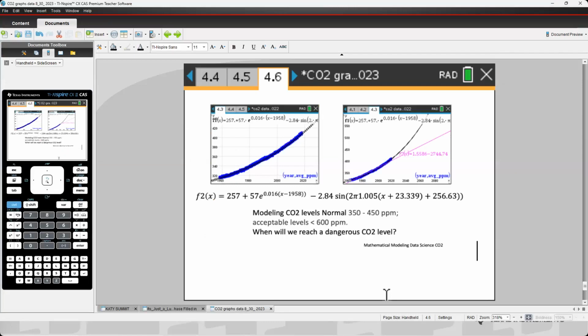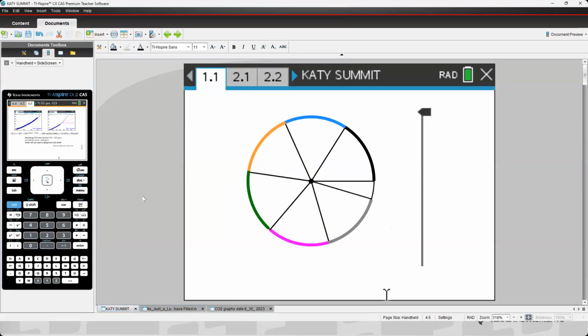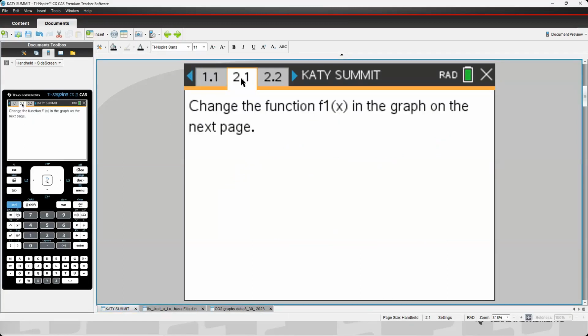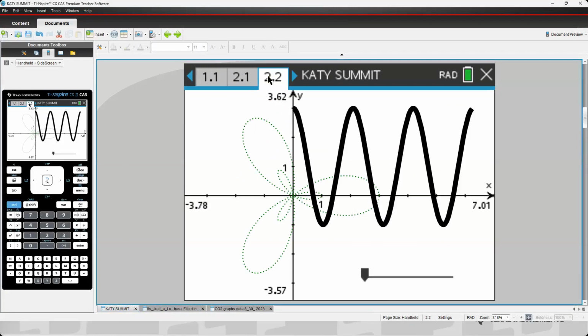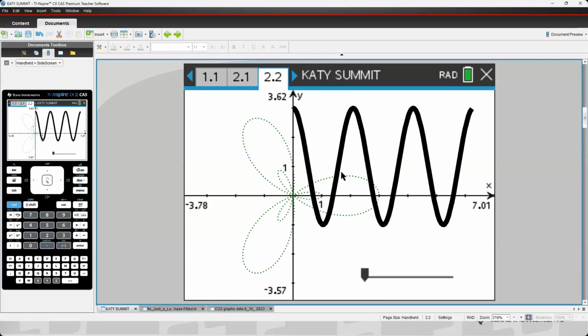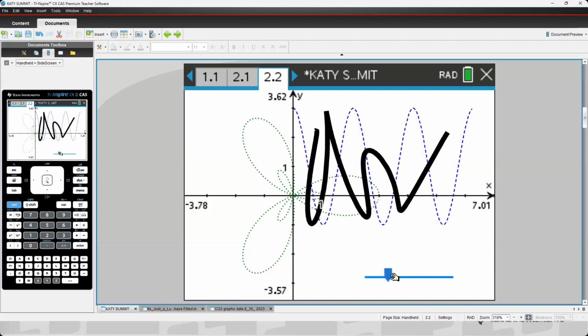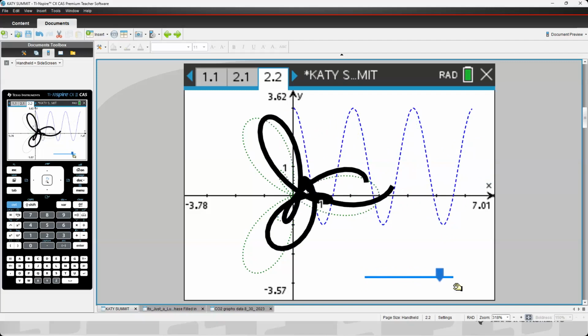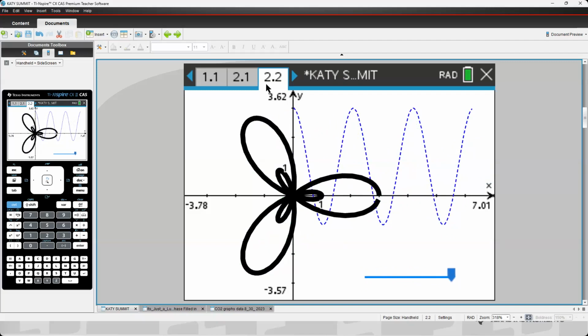I'm going to pull this back up with my calculator. So huge thanks to Steve Phelps, who just makes incredible files that you can manipulate here. We've spent a lot of time talking about amplitude and period shifts. And what I really love about this file that he created is we can see this would be a cosine graph, or a sine graph shifted, but a cosine graph. And as we transform that graph, we can start to see how these polar graphs are created.